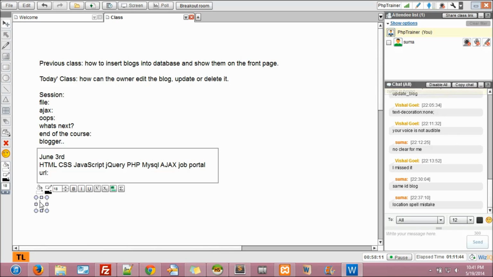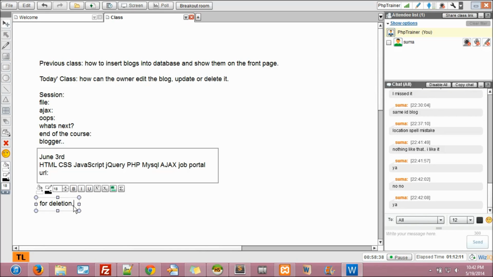So for deletion, do you like it? Just tell me, be fair, plain and simple. Let's say maybe I'm making some mistakes. Am I making some mistakes? No? Really? I don't make any mistake? So you are understanding it? Because you know PHP from before. You have done this application, right? Previously,